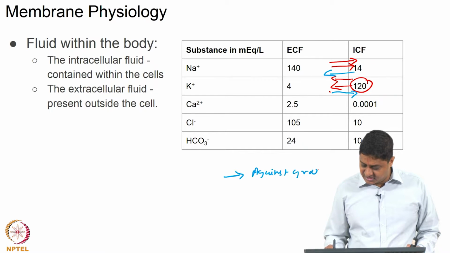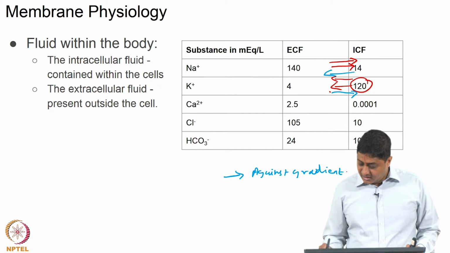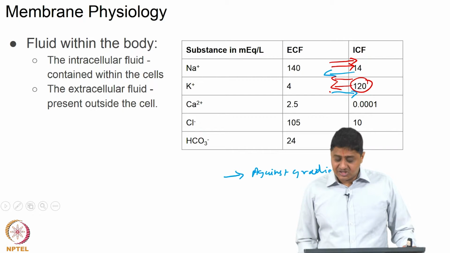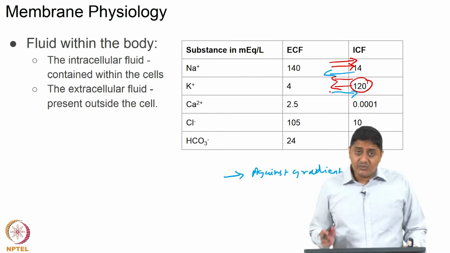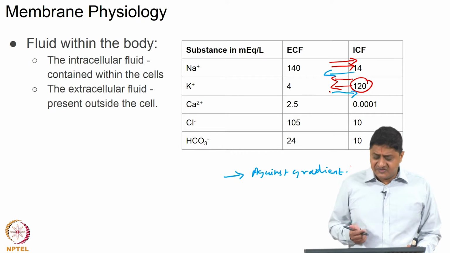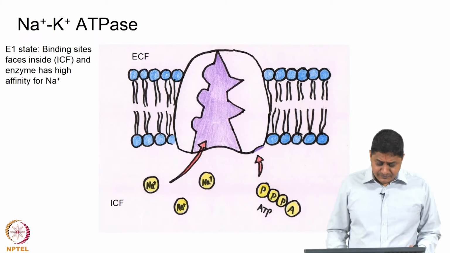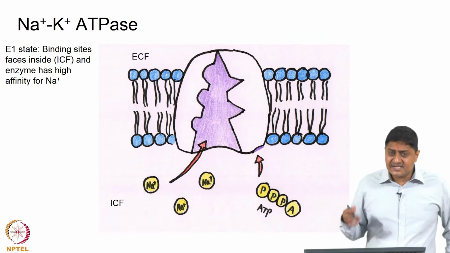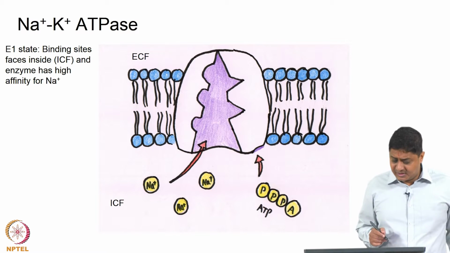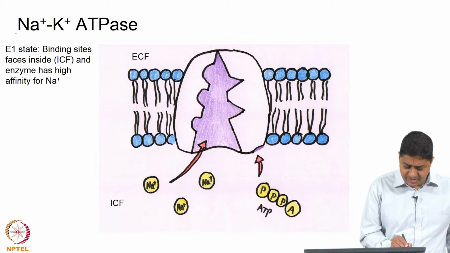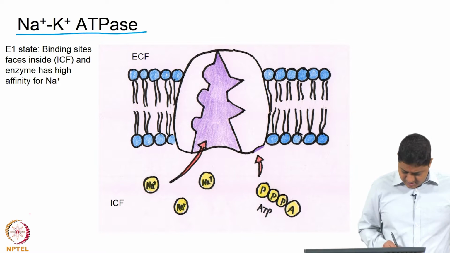So, there are cases when this is of interest, and for this obviously energy must be expended. How is this achieved? That is the question. That is what we will see in the next few slides. This is achieved by a membrane protein, a transmembrane protein called the sodium potassium pump, or the sodium potassium ATPase,